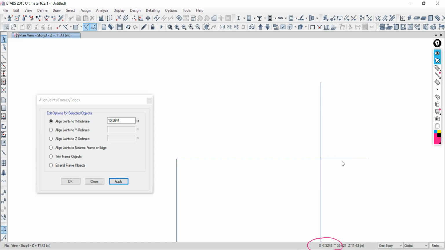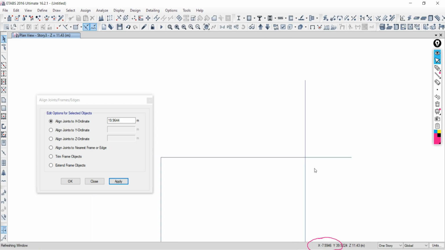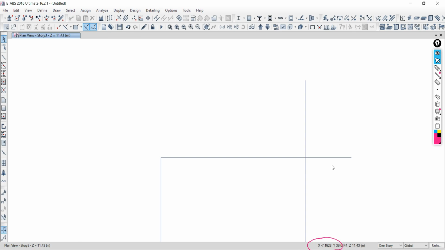In AutoCAD you may have practiced this. So we need to trim this. How can you trim this point up to this line? In this, the same option is: select the frame which you want to trim, which you want to cut or adjust. Hello, you all are with me?